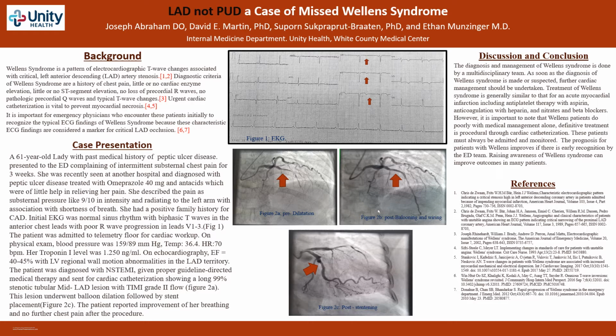She was complaining of the same severe pain for quite a long time, and she had a history of multiple visits to other emergency departments. All of them diagnosed her with gastritis or peptic ulcer disease and gave her antacids and omeprazole 40 milligrams. In our department, when she presented, her EKG